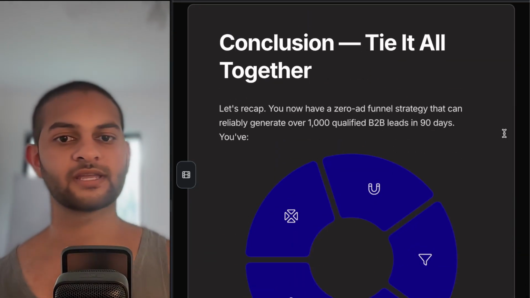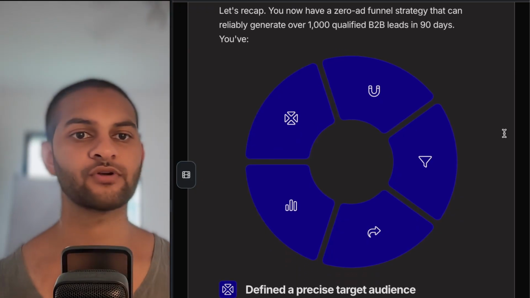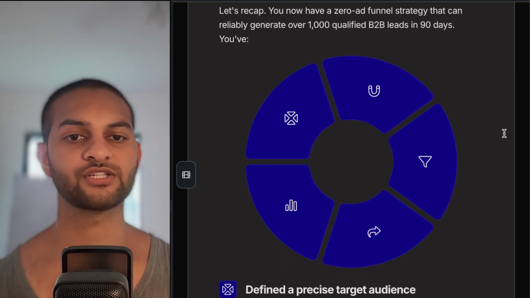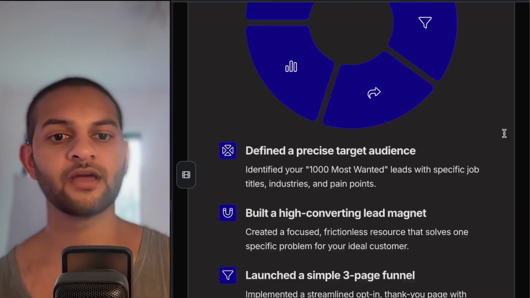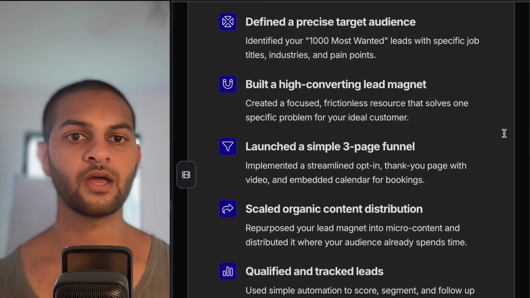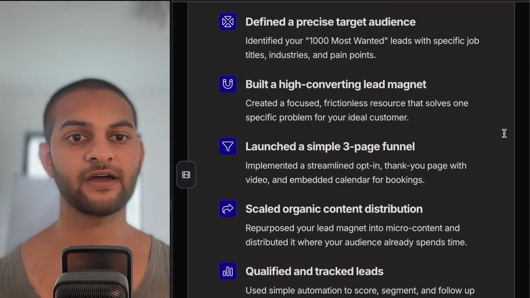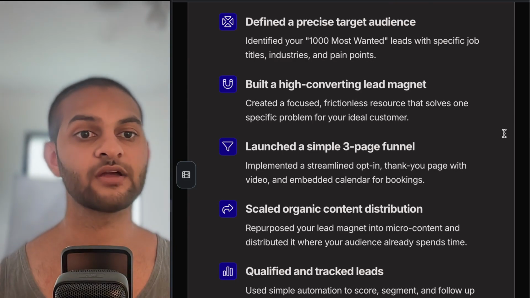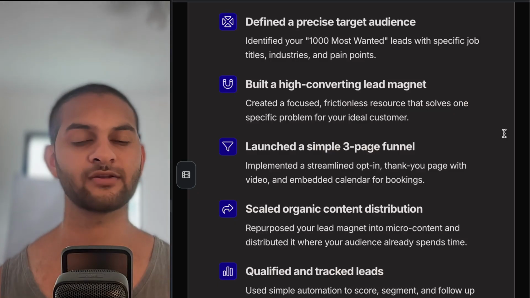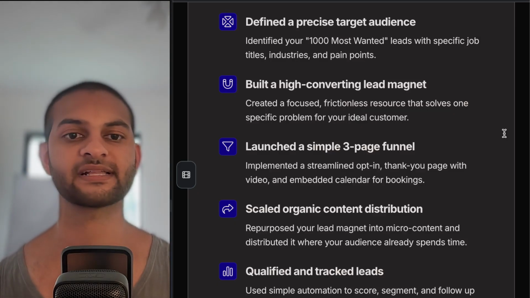Conclusion, tying it all together. Let's recap. You now have a zero ad funnel strategy that can reliably generate over 1,000 qualified B2B leads in 90 days. You've defined a precise target audience, identified your 1,000 most wanted leads with specific job titles, industries, and pain points,